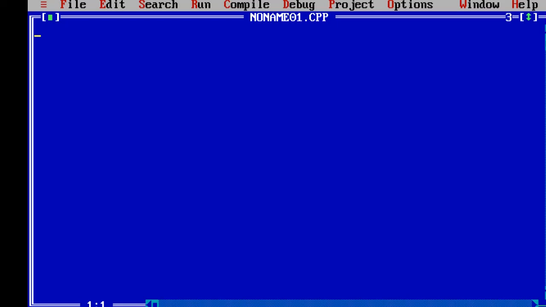Okay, next is switch case. Switch case is a conditional statement which is very much used in programming, whether it is in games or in projects.